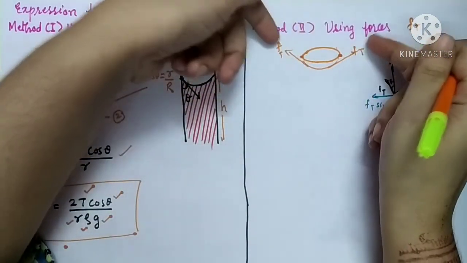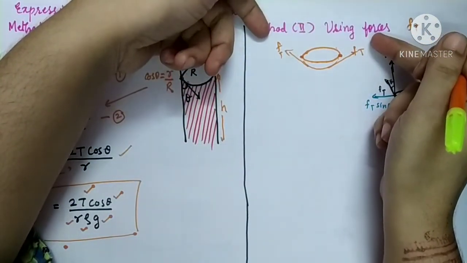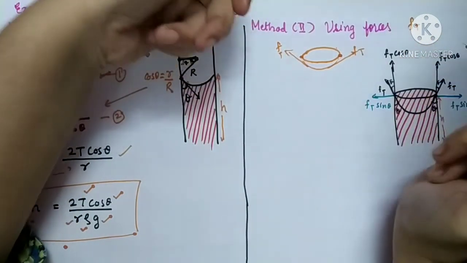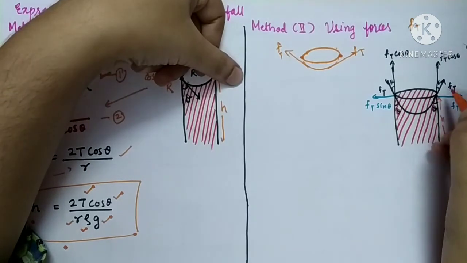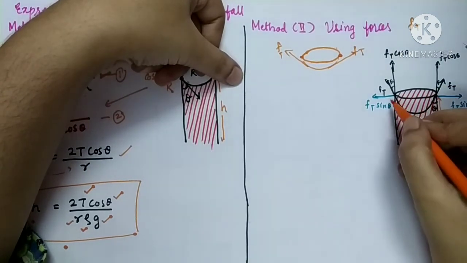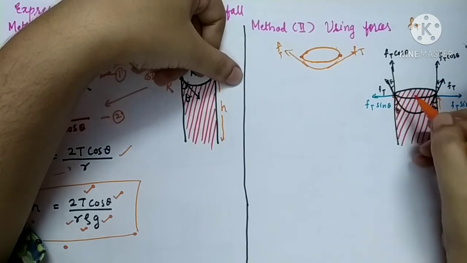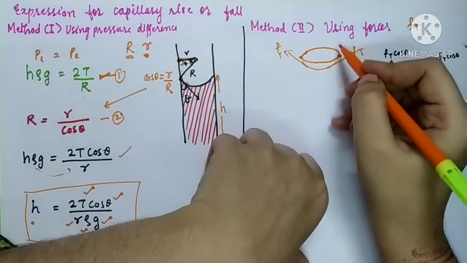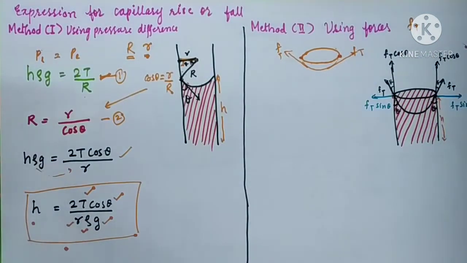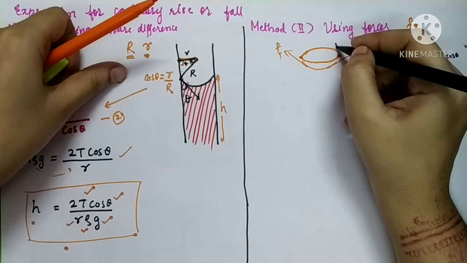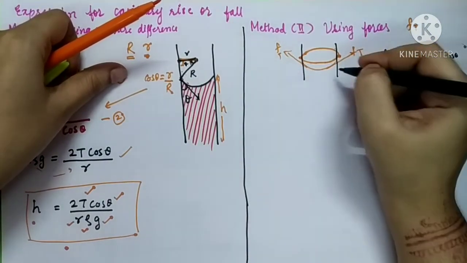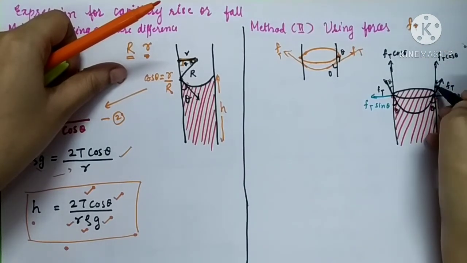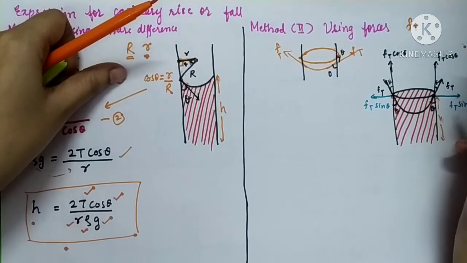The liquid will try to minimize its surface area. That is why the forces due to surface tension will be acting like this. So here we have drawn these 2 forces, Ft and Ft. And see here, if this is the surface of a capillary tube and this angle is the angle of contact theta, then this one will also be theta. That is why here we have drawn this small theta over here.